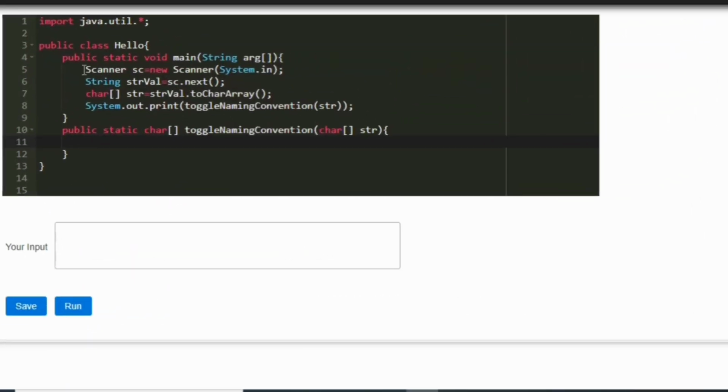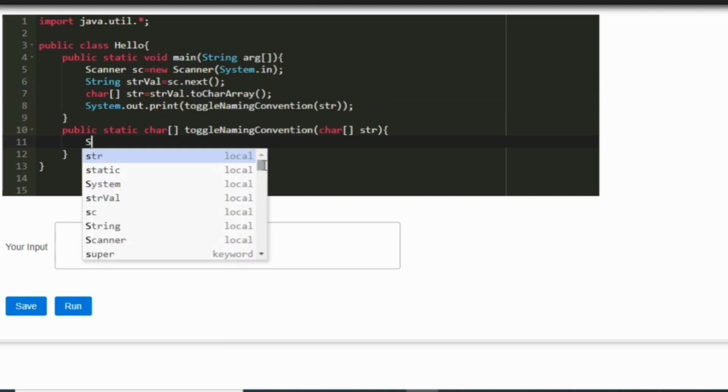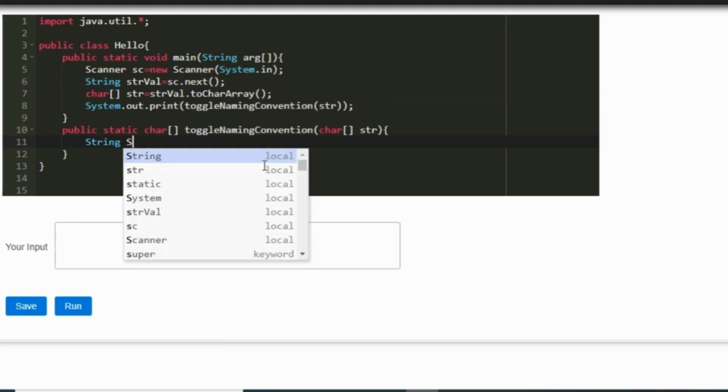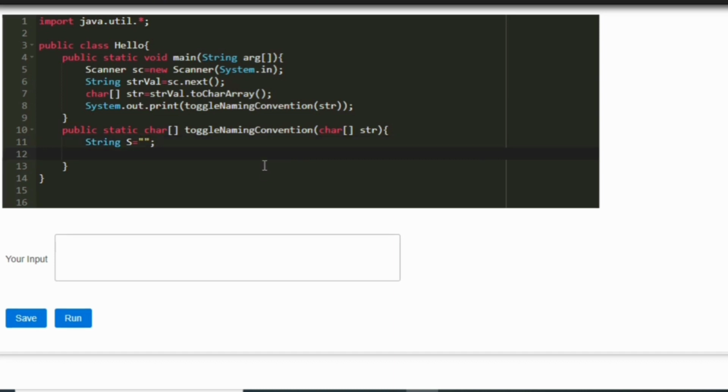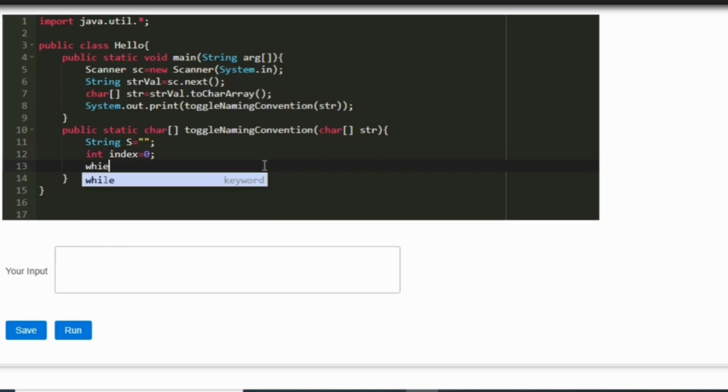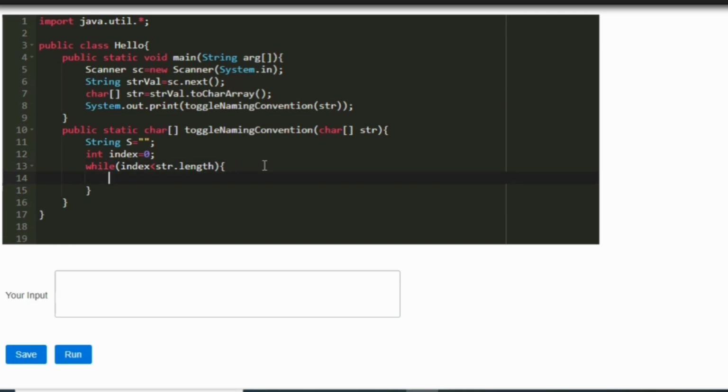Now let us implement our program. So the main function is already given, in which they have got the input string value and it is converted into character array, and it is passed to toggleNamingConvention function. So now we'll define that. So here we'll have to get the string ys, and int index is equal to 0, and while the index is less than string length, then